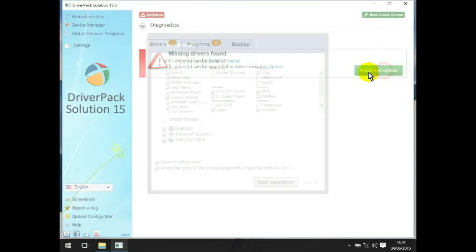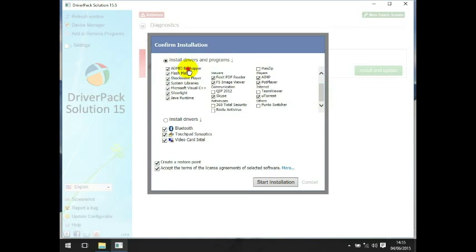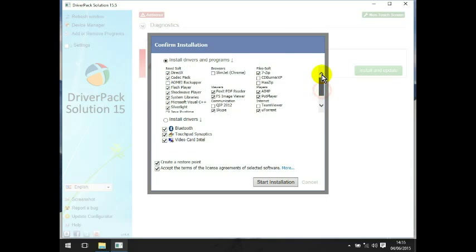So click install and update. Install drivers and programs. So from here you want DirectX, you want the codec pack. You can uncheck this, it is pretty much useless. You want the Flash player, Shockwave player, Microsoft Visual, Silverlight, Java Runtime. You want basically all these on the left except the